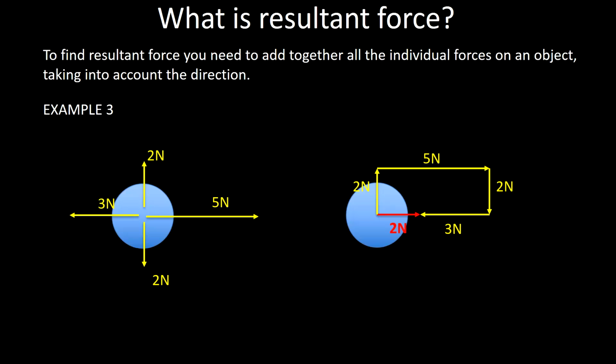Obviously, if you look at that carefully, you can see that the up and down 2 newton arrows, we can fade those out now, will cancel each other out. So that basically turns it into a problem that's just like example 2, where we only had the left-right forces, and then it's just 3 newtons worth of the 5 newton forces cancelled out, leaving us with 2 newtons